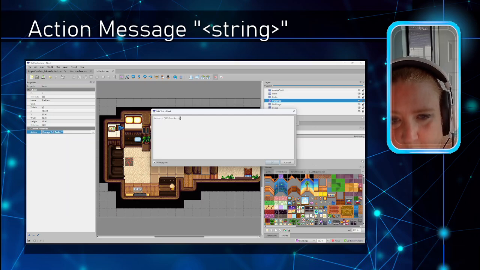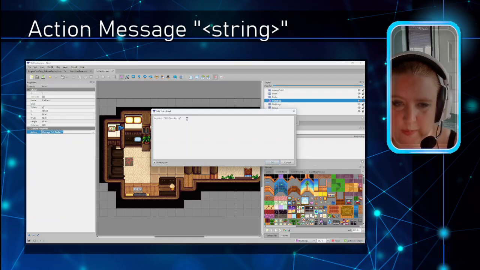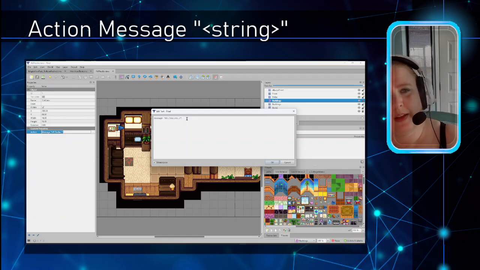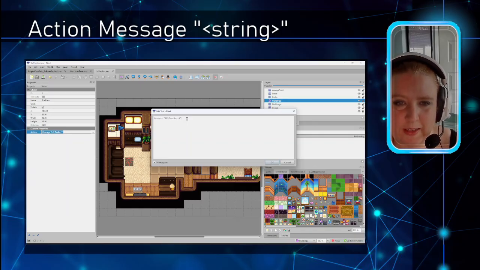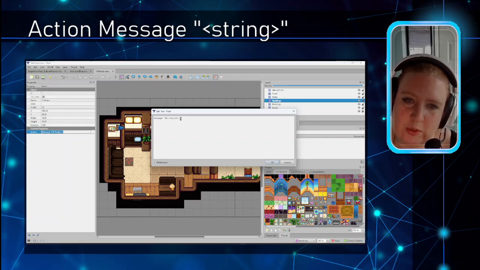You're going to do quotes, and then you're going to do your message key. So in my example, I named it MP Trailer 1. MP for Maple Park, that's the name of my area, trailer for the building, and then 1 is because this is the first message I made in here. You can do NPC name message, just message 1, 2, 3, whatever makes sense to you, as long as you